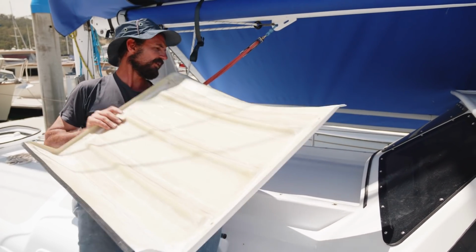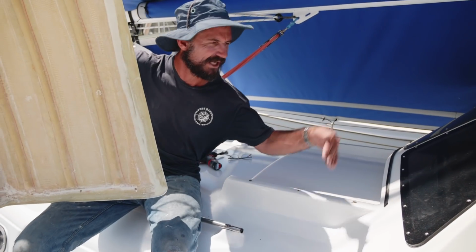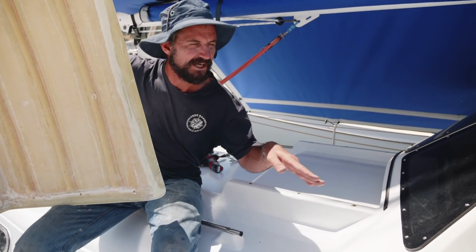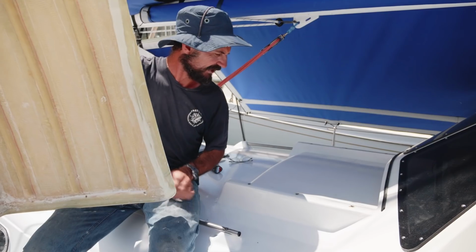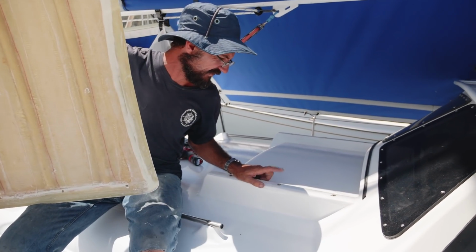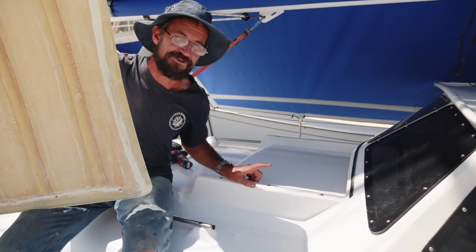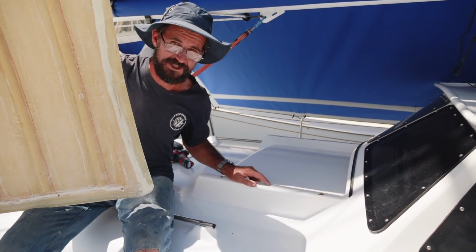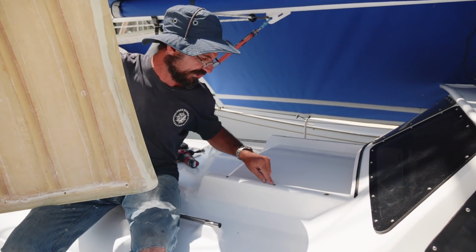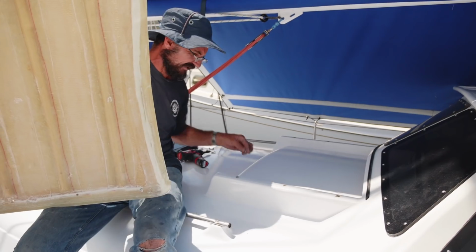So that won't be too bad. If a little bit goes down the back, it won't be a big deal because it'll just go down to the side of the Dodger, run out that nice fillet, which we've seen it do. Here where we've built this, obviously it's been drilled out, and I filled it with epoxy, then drilled the epoxy with a 1/4" bit, tapped it, and now we've got stainless steel helicoils in here, and that is what receives